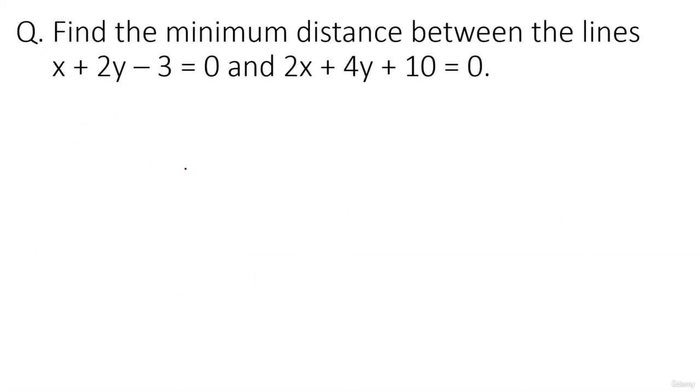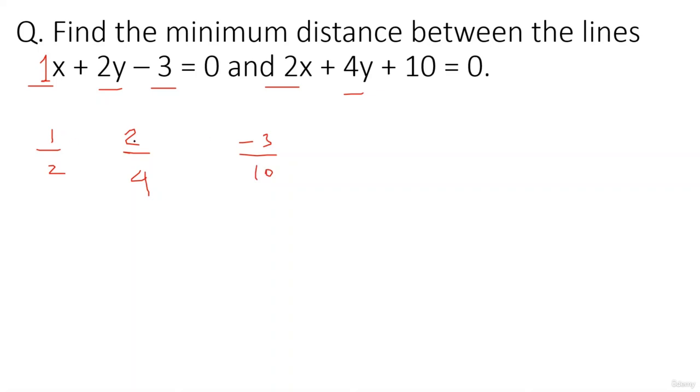Let's look at an example for this, guys. Find the minimum distance between the lines x plus 2y minus 3 equals to 0 and 2x plus 4y plus 10 equals to 0. Okay, first let's check the coefficients का ratio. 1 divided by 2 is the ratio of the x coefficients. 2 divided by 4 is the ratio of the y coefficients, and minus 3 divided by 10 is the ratio